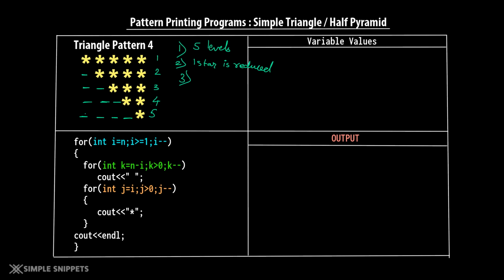The third observation is that after every level 1 space is also increasing. Starting with 0, the number of spaces increases to 1, 2, 3 and 4, while the stars start with 5 and go to 4, 3, 2 and 1. So you can see 3 things are happening, and hence we have 3 for loops, because each for loop has its purpose. For point number 1, the first for loop will print the levels. For the spaces, point number 3, we have this for loop, and for actually printing the stars, we have this for loop.